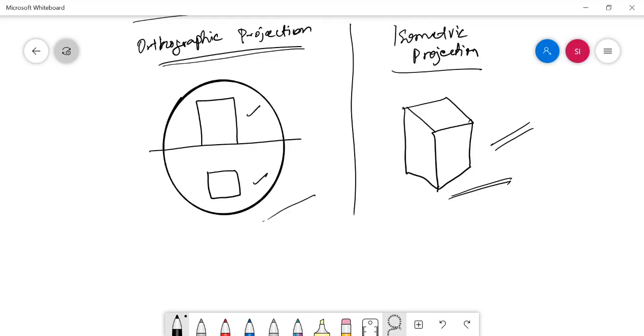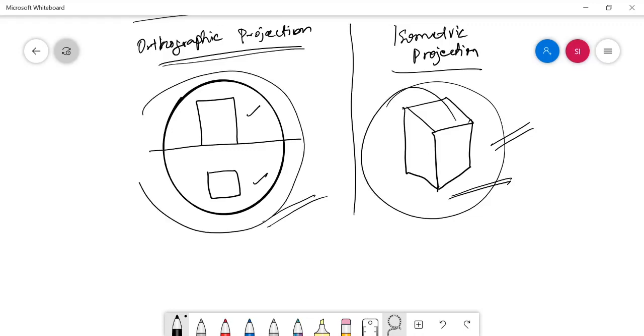Anyone from the public can easily understand the object. But when you show the orthographic projection output to a person who has no idea about engineering graphics, he is not able to understand what the object is. But when you show the isometric projection output, anyone can easily identify the object.